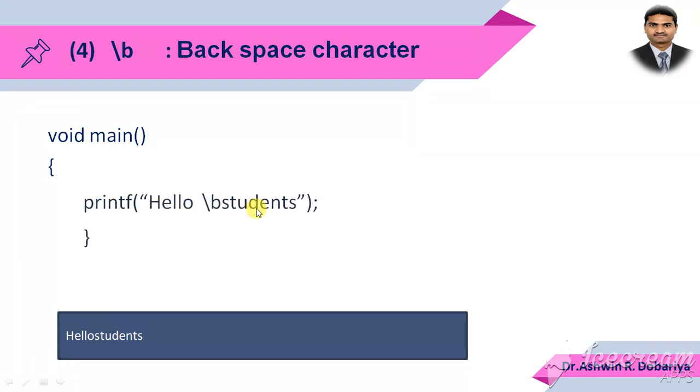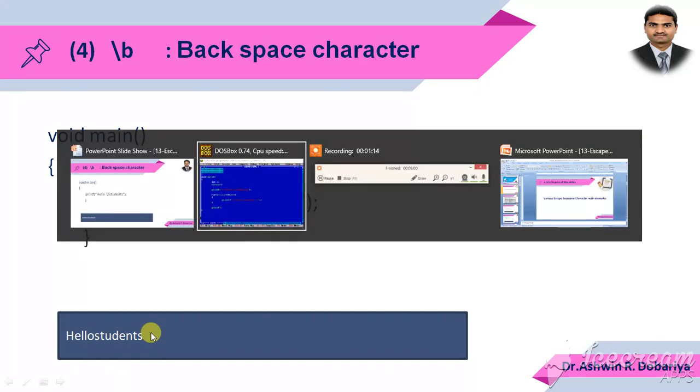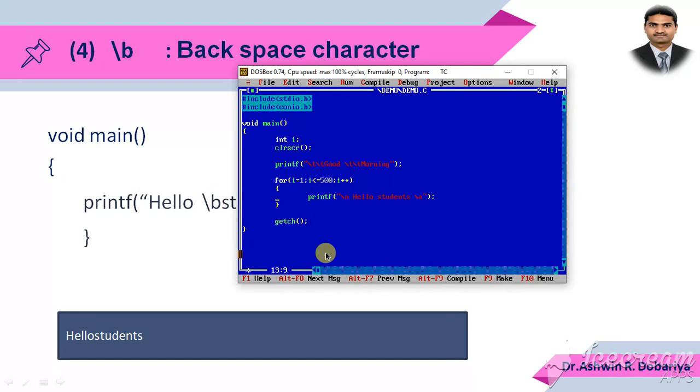So actually in our program, in our statement, there is a space between two words, but in the output the \b moves one step back, so hello without space. Let's see a few examples of this. Let's say remove this loop over here, and no need of this also. Now in good morning,